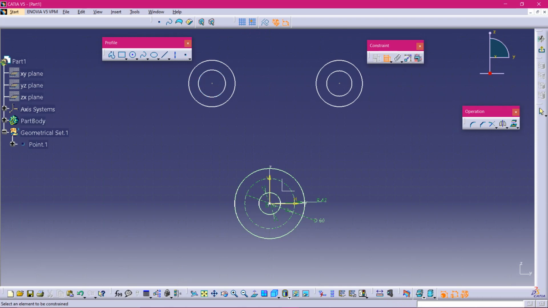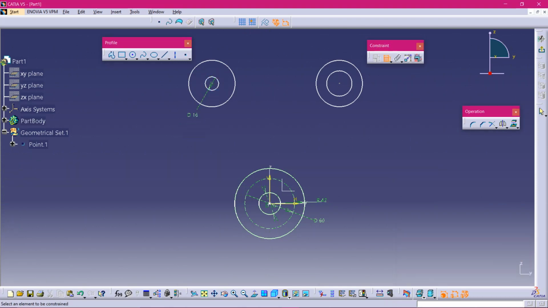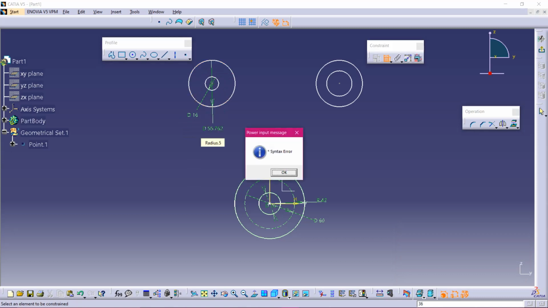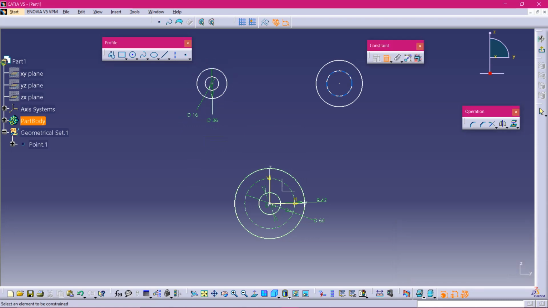So what is this? This is 16 mm dia, and the outer one is 36 mm dia. 36, and this one 26, and this one 52.